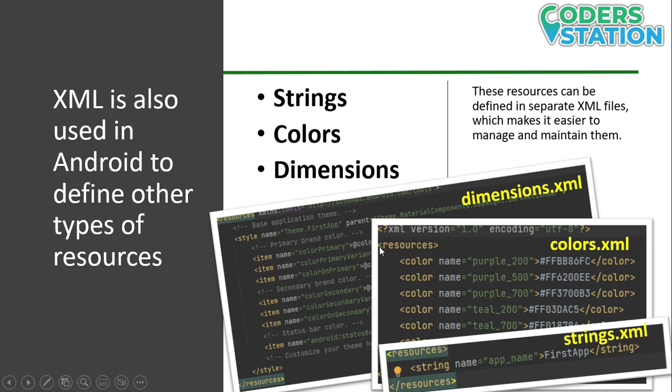Next one is colors. What we can do is make colors for different things. With the help of this, we can set the color for different operations, like for specific text and so on, and whenever we want, with the help of the name that we have given in this particular resource file, we can call that particular color. And the last one is